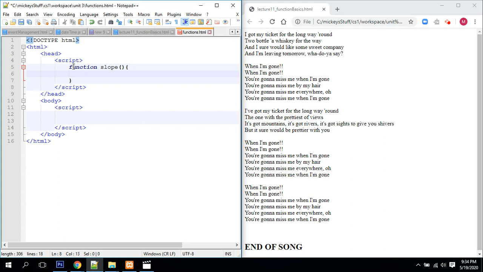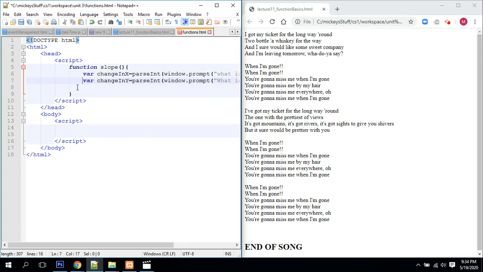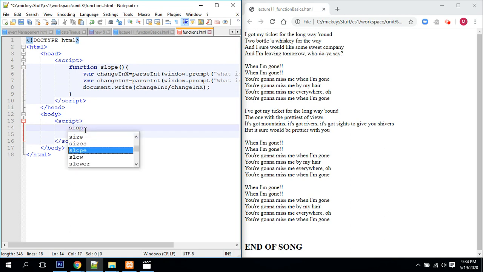And in there, I'm going to ask them what is the change in x, what is the change in y, and then I'm going to document.write change in y divided by change in x. And then down here, I can just call